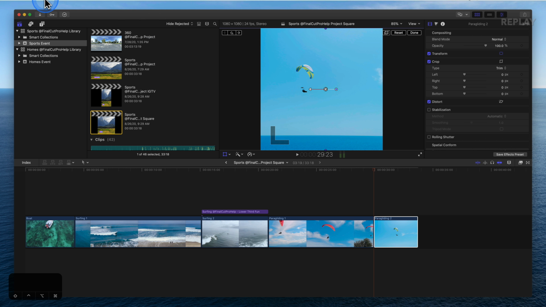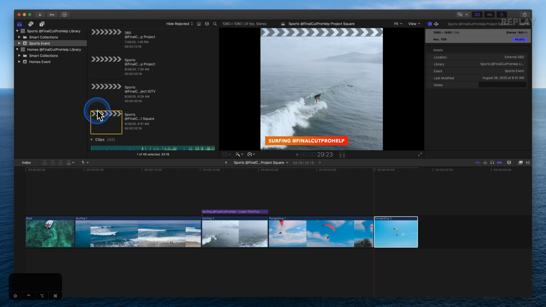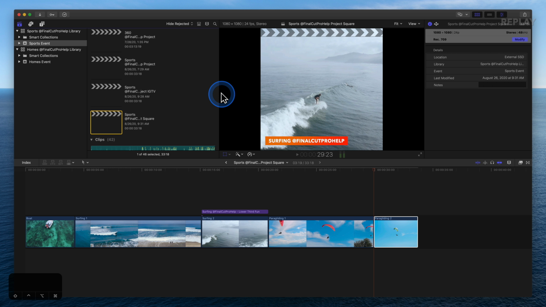The second feature would be going up to the edit menu and using this duplicate project as. That way you can edit a project in the full resolution. Then when you're ready to make changes, click duplicate project as, make your change here. You have the options now for square and vertical frame sizes, so you don't have to say custom anymore. You can just choose vertical or square. And then the third, less